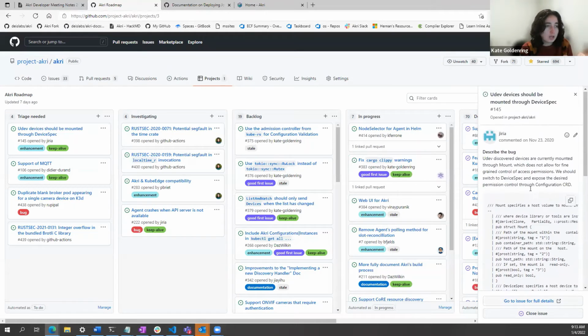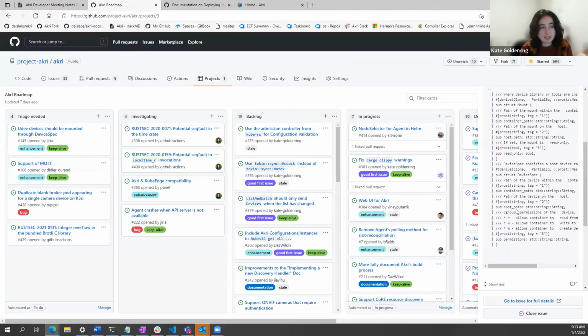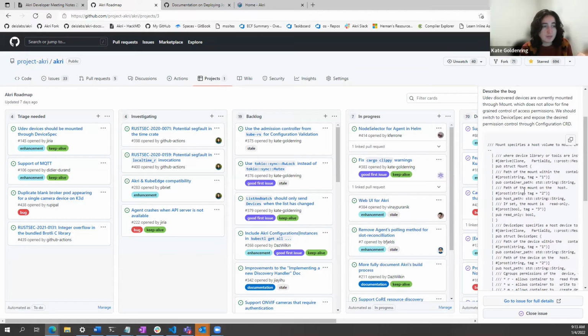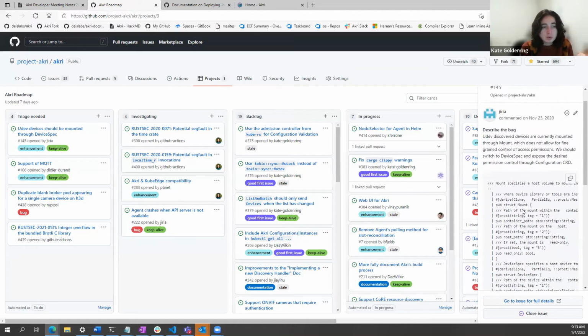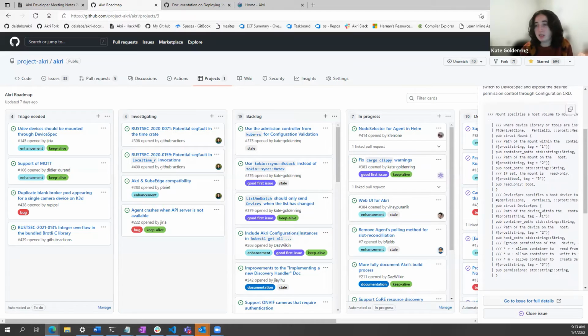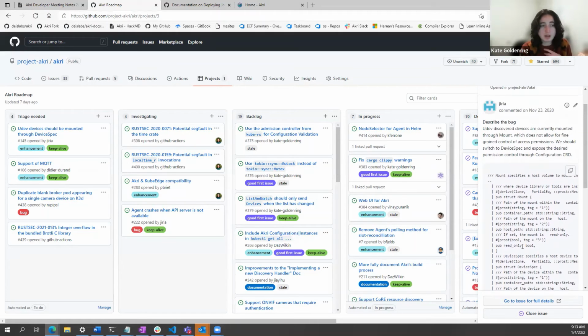This issue is requesting that we use device spec instead of explicit mounting. What this would require is that we expand the details for our UDEV discovery handler so that you can specify what you want those permissions to be, so that we could then set them in the discovery handler. It would be a change that would expand what the CRD looks like for UDEV, but it would add more specificity on access rights.